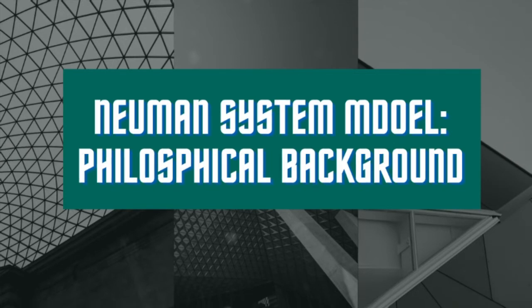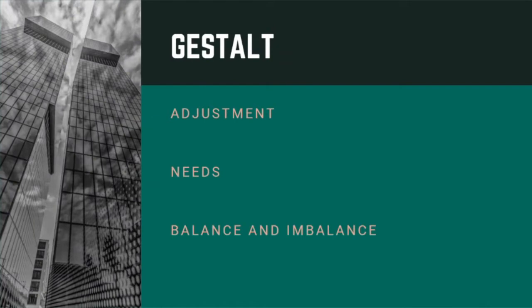So now let us proceed. Gestalt theory describes homeostasis as the process by which an organism maintains its equilibrium and consequently its health under various conditions. Adjustment is the process used by the organism in order to satisfy its needs, and the ability to satisfy these many needs can lead to a balancing act, relating back to homeostasis. If this balance is not achieved, it may cause illness to the client,